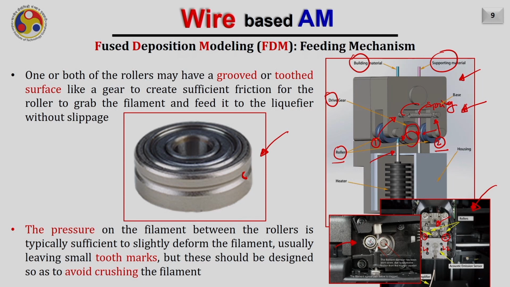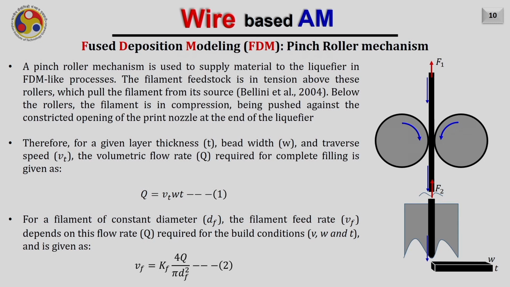Here the pressure between the two rollers is so high that it is crushing the filament in between, and this crushing has to be avoided, but at the same time we need to apply sufficient pressure between the filament and the roller so that we are easily able to push it into the liquefier. So typically in the case of a pinch roller system, as you are seeing here, this is the filament or wire,